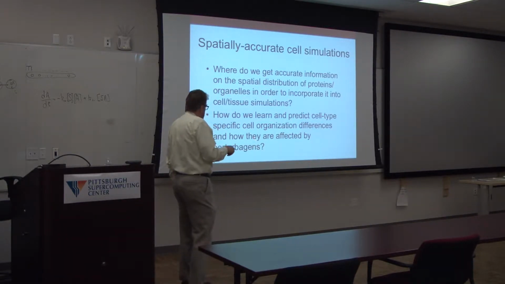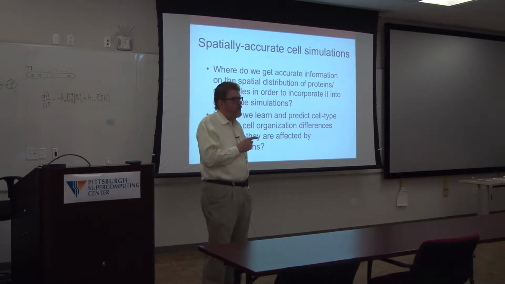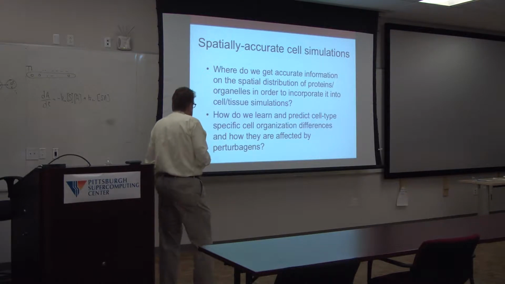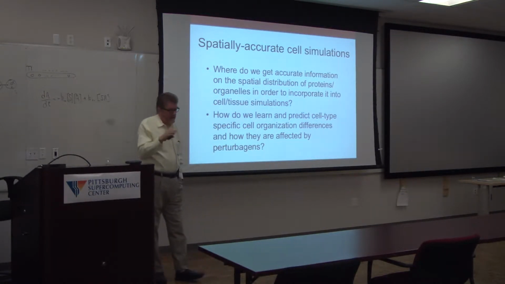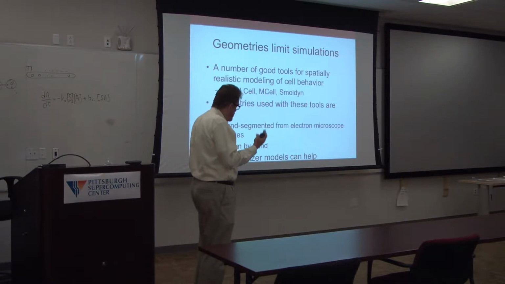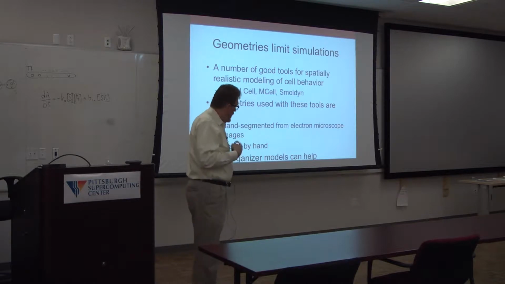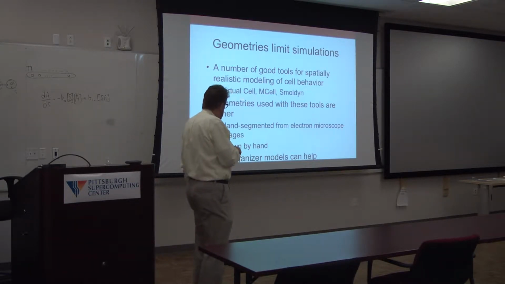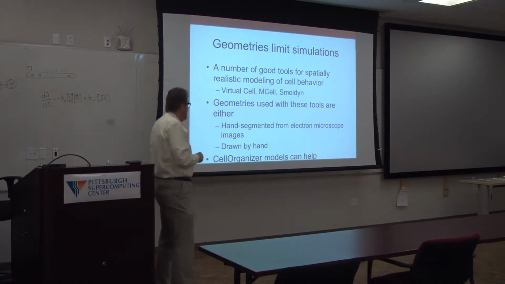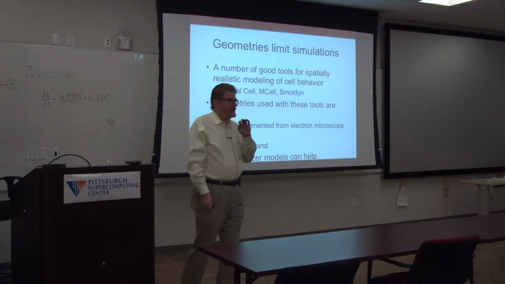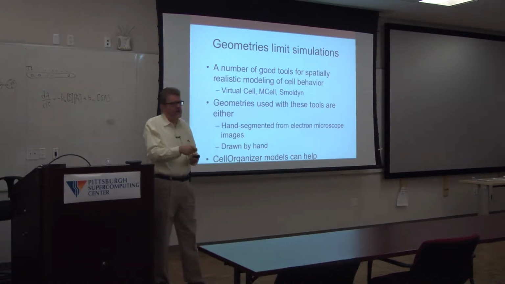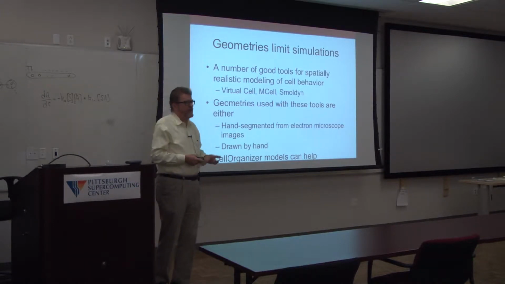And related to that is the question of how do we explore the effects of any condition, mutation, drug, treatment, on cell organization, how that perturbation happens, and of course we also may want to incorporate that into any simulations that we do. So you've talked about spatially accurate modeling systems, but most of the geometries that are used in those systems, and by the way, I should have said at the beginning, please interrupt me if you have any questions anywhere along the line, come from either painstakingly hand-segmented electron microscope images, or from essentially cartoons drawn by hand, or with circles inside of circles or something,